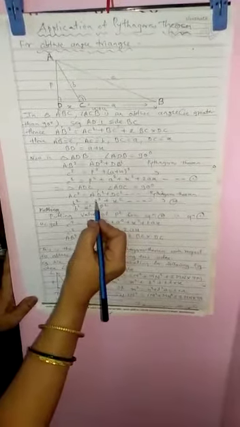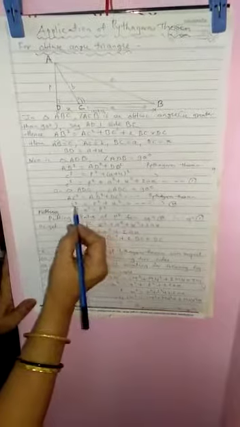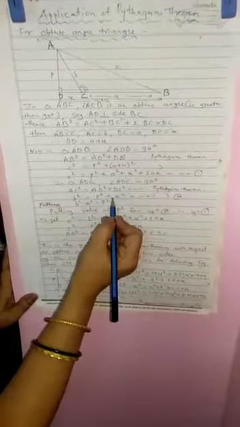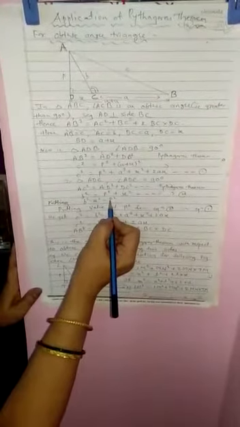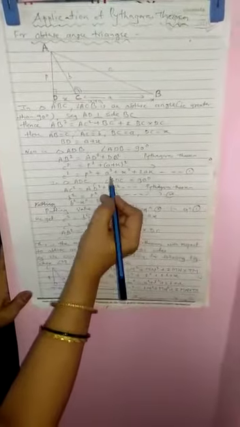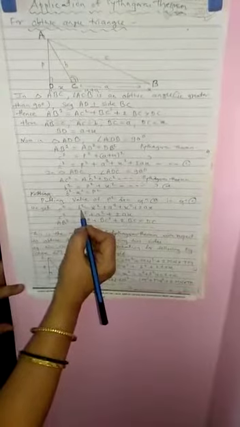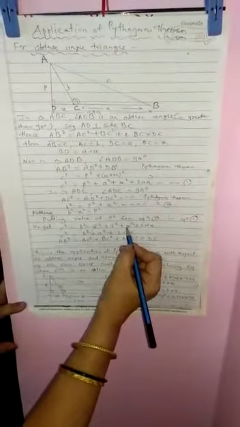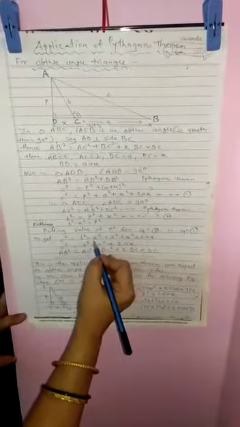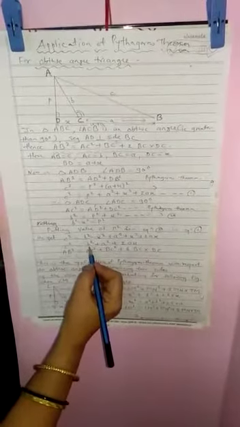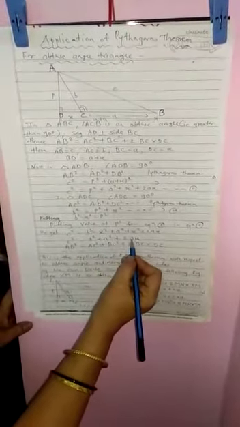Now value of P square we want. So that can be written as B square minus X square. This plus X square is taken, left side becoming minus. Now value of this P square from the second equation we have to substitute in equation number 1. Putting value of P square from equation number 2 in equation number 1, and by simplifying we get C square is equal to B square minus X square plus A square plus X square plus 2AX. Now minus X square plus X square equal and opposite is cancelled. Remaining C square is equal to B square plus A square plus 2A into X.